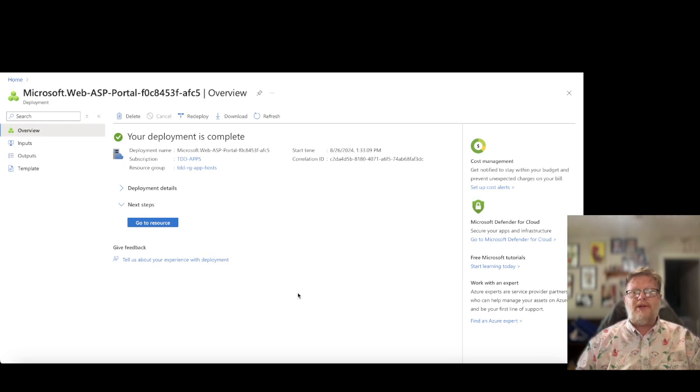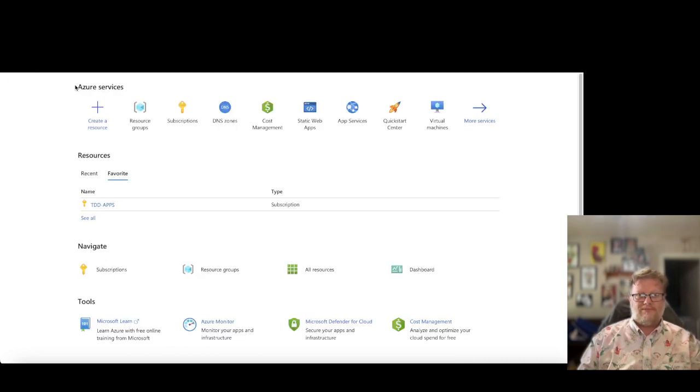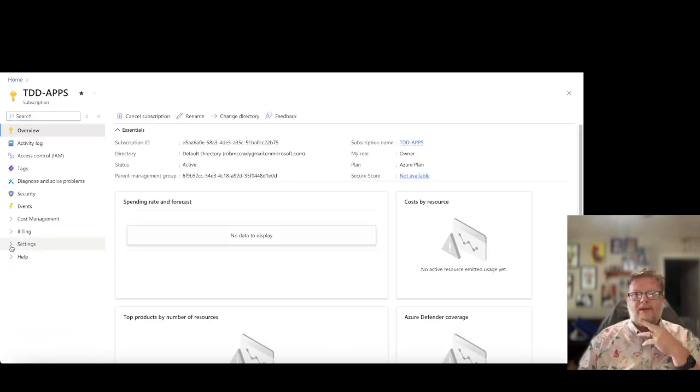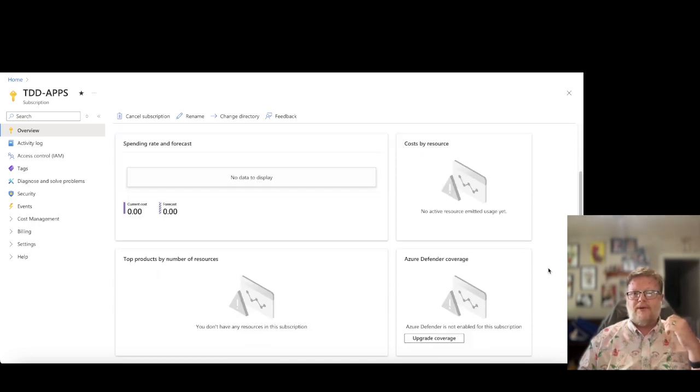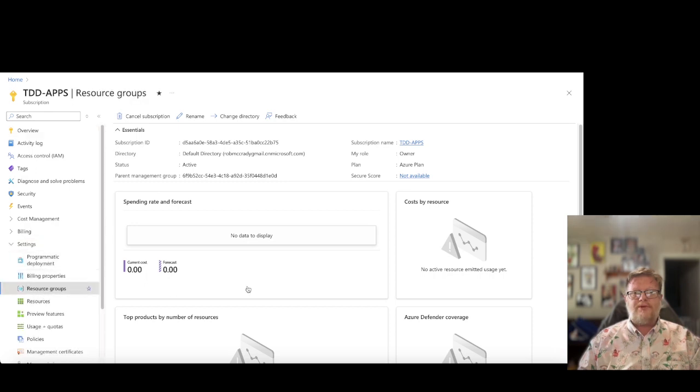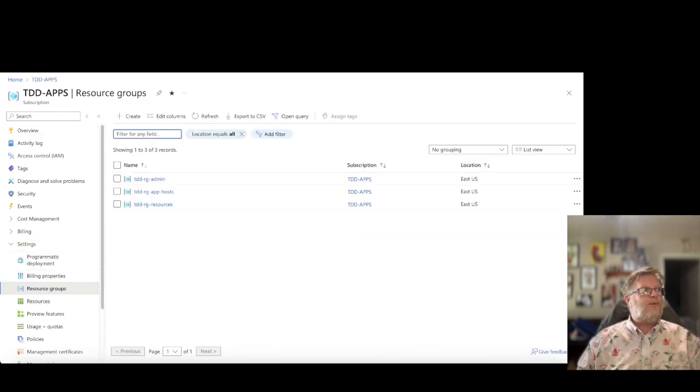So that deployment is complete. Good deal. Deployment resources. All right. So let's take a look. We'll go home, and we'll come into TDD apps. And our current cost is 0, our forecast is 0. Top products by number of resources, whatever. Let's go into resource groups. Now, the next one that I want to set up